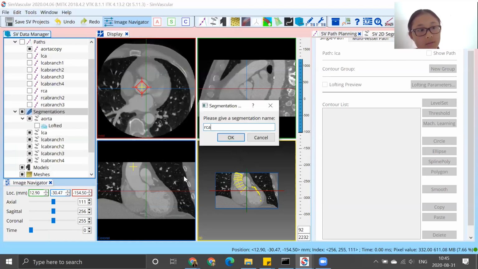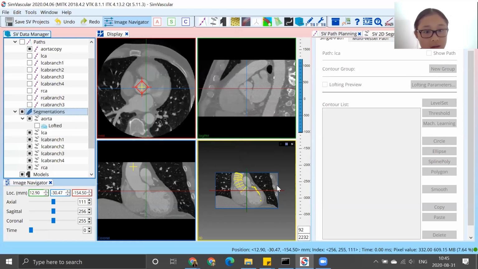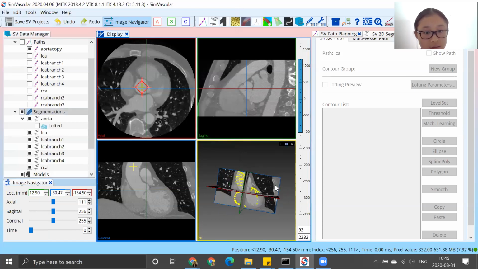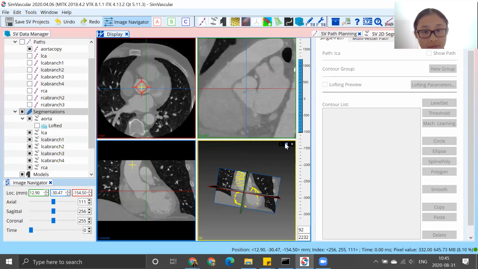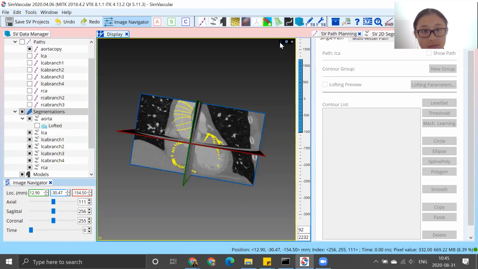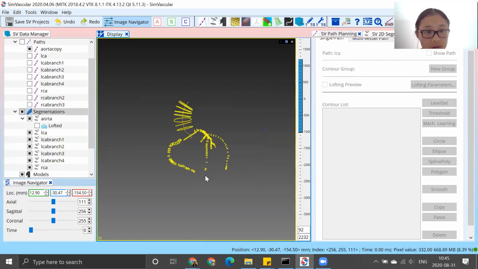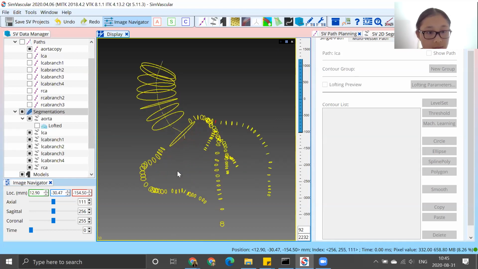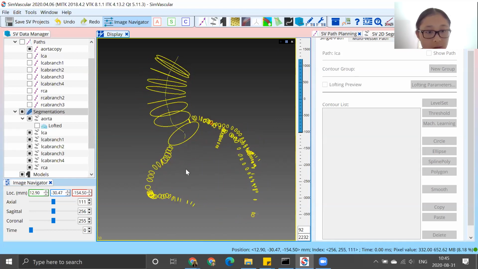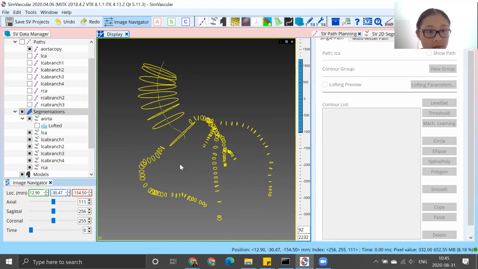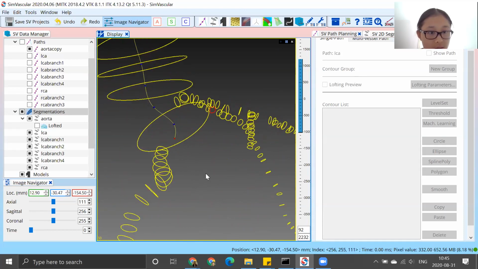So now we're on to the right coronary arteries. And again, you can double check to see what this looks like. I'll just maximize this. So turn off the crosshair, and we'll see that there's many more contour groups here. It might look like some of them are overlapping, but if you get really close up, you'll see that they